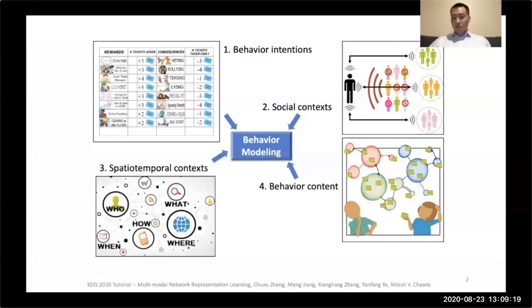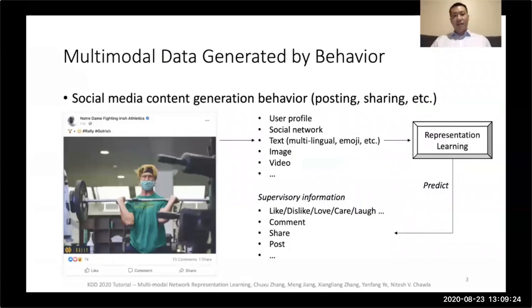Based on these four components, I'd like to discuss three examples of behaviors that may create multimodal data. The first kind of behavior is social media content generation behavior, like when we post content and share content on social media. This one is a post by the Notre Dame Fighting Irish. You can see it has user profile information, and you have a social network,